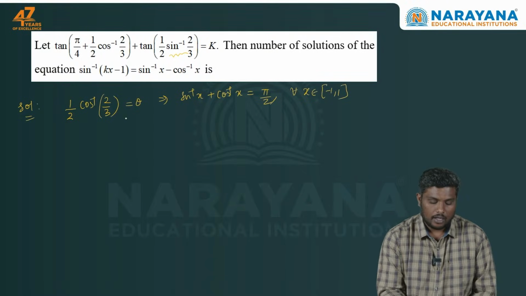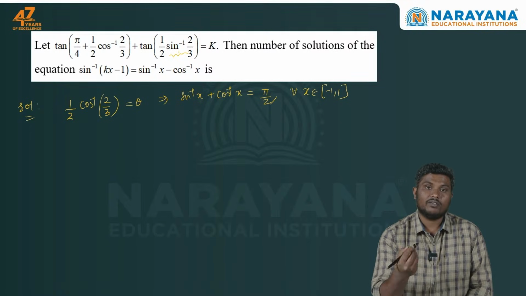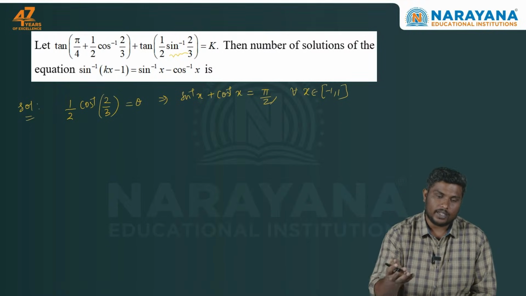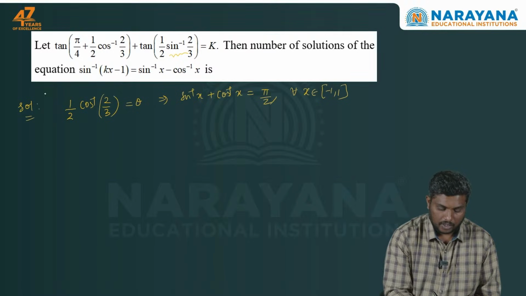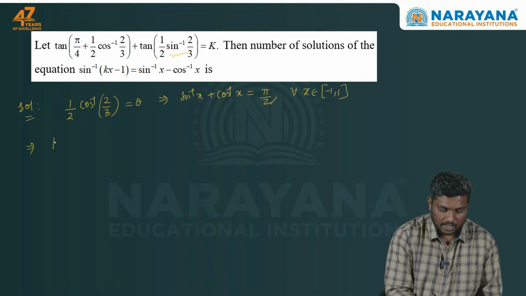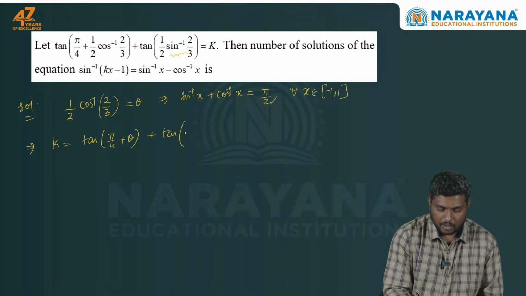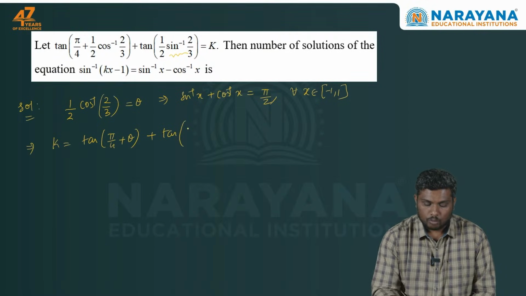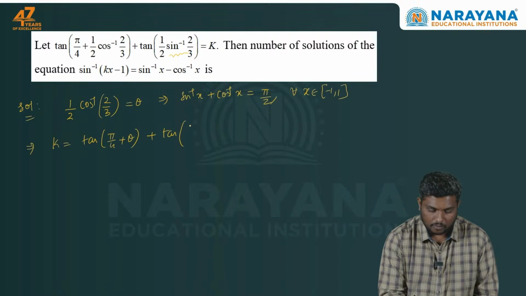So here I can express half sin inverse 2 by 3 as pi by 2 minus theta. So this converts the equation to k is equal to tan of pi by 4 plus theta plus tan, so pi by 2, here what I have is 1 by 2